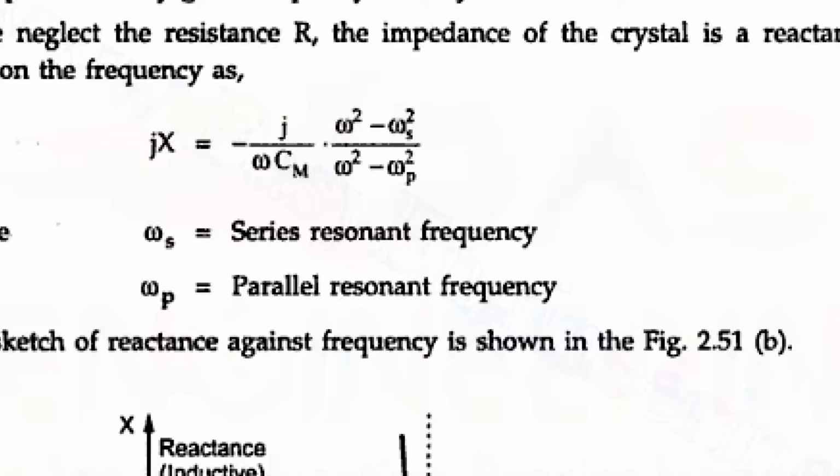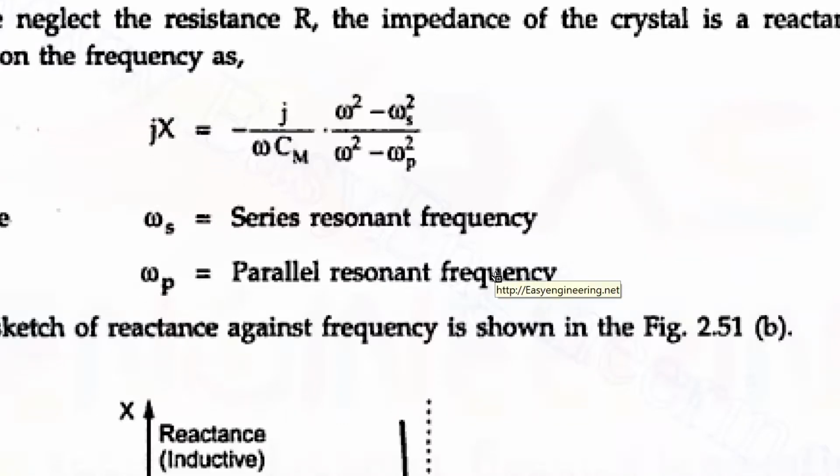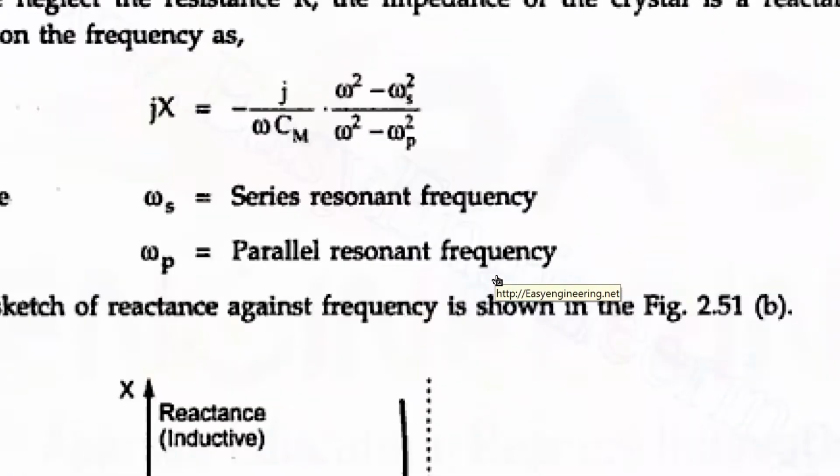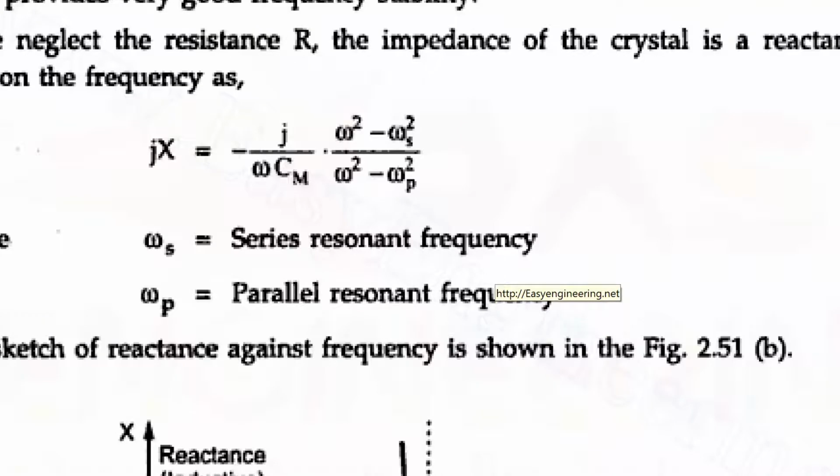So continue explaining what will be the situation. Okay, L'Hospital's rule we will use. So anybody can explain how we will go ahead with the expression for x? What is the L'Hospital rule first of all? Yes. What you need to do, differentiate the numerator and denominator, is it? Here the x-axis is omega, so differentiate numerator and denominator with omega, right?